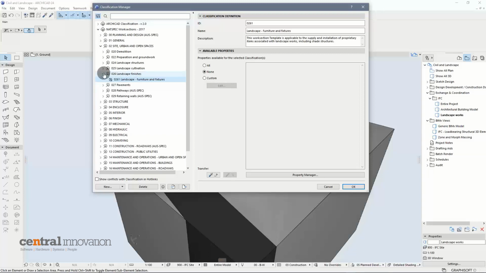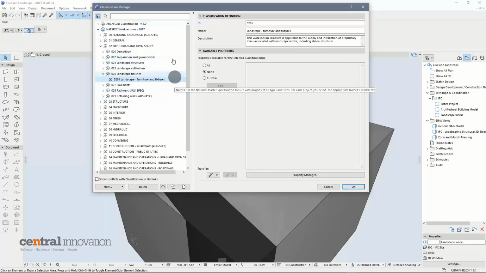they will give me an indication of what the item is in a standard manner without me having to come up with something completely new for this particular project. I can just simply go ahead and use something that is existing. And you'll be safe knowing that most other companies should be aware of the NatSpec classification system. So if they're aware of that, they might be able to use it from their side and identify those elements